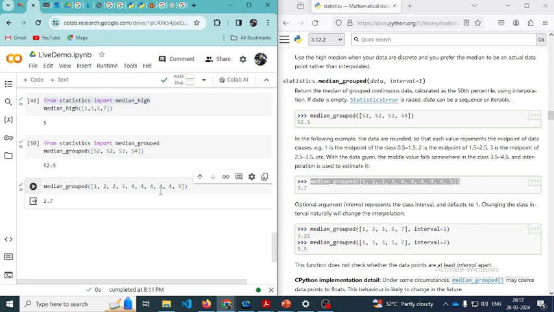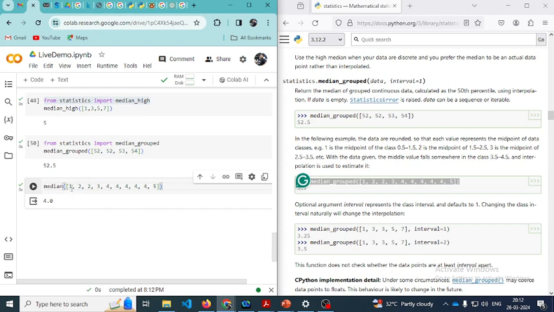So this is the median for this particular grouped data. For example, I just removed that grouped. Instead of grouping, if you give median, then the result will be 4,